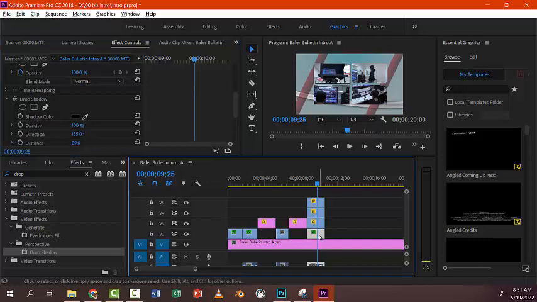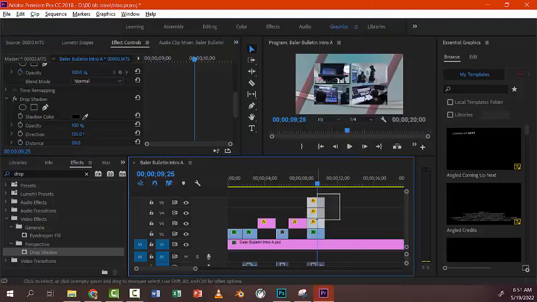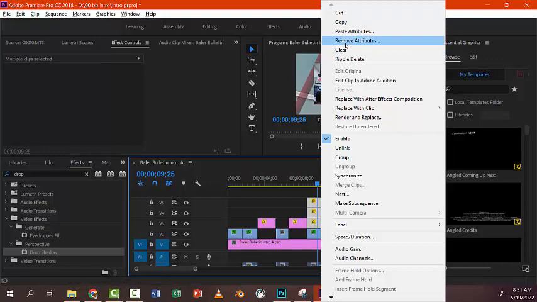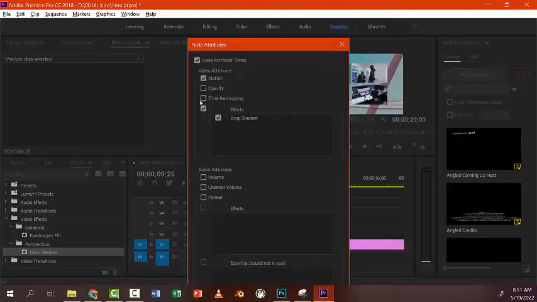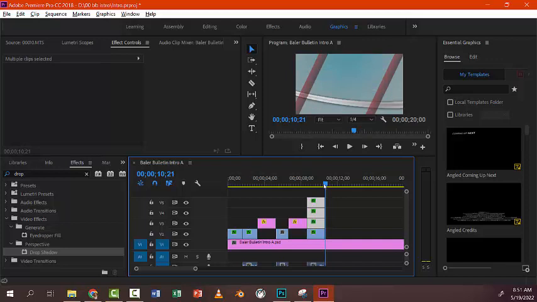So I'm going to copy and paste that. So it's right click, copy, select all these pieces and paste, and only paste attributes and only do the effects. So not the motion, because we already did that part. So now we've got all these 3 pieces built up. Now according to my storyboard, how far in this am I? 10:21. So the next shot in my storyboard is going to be my final title,